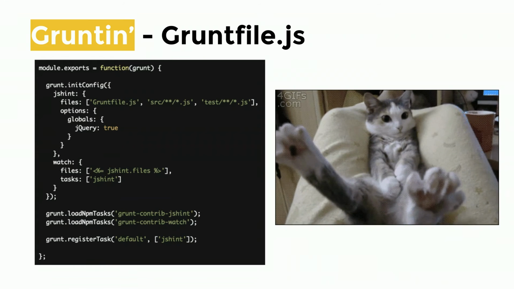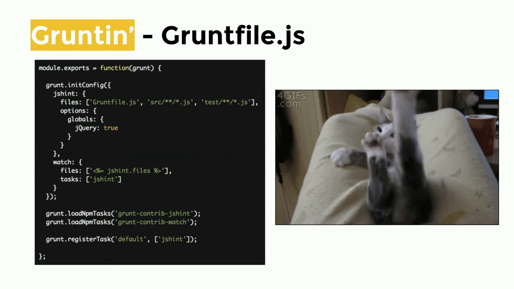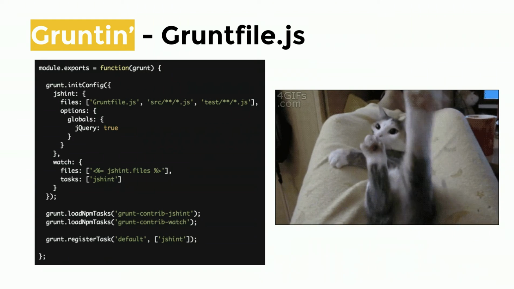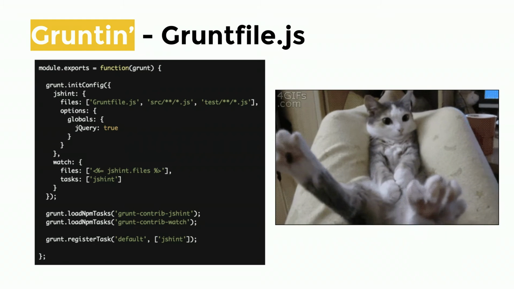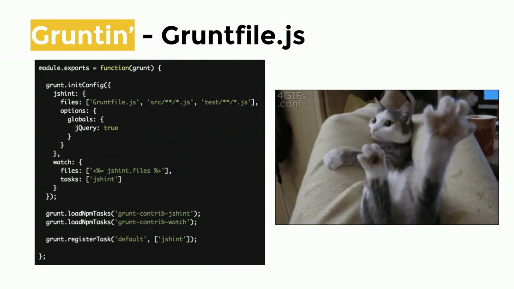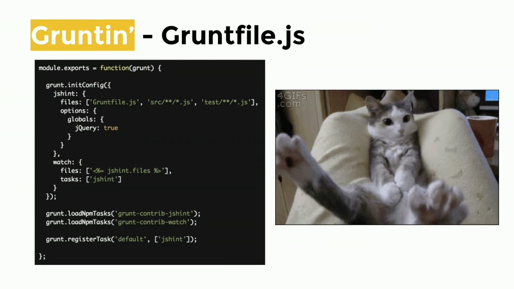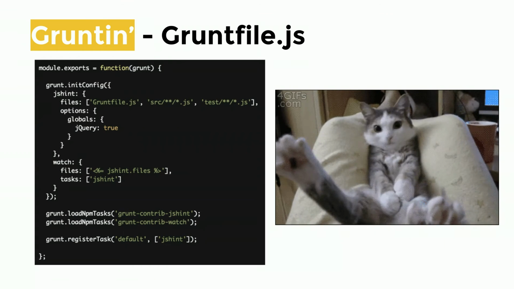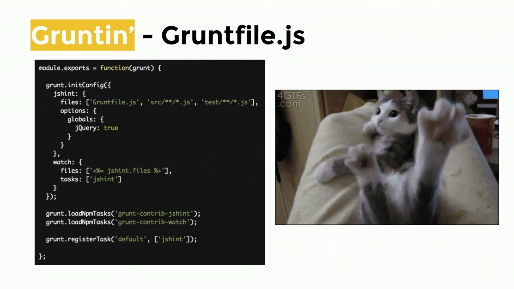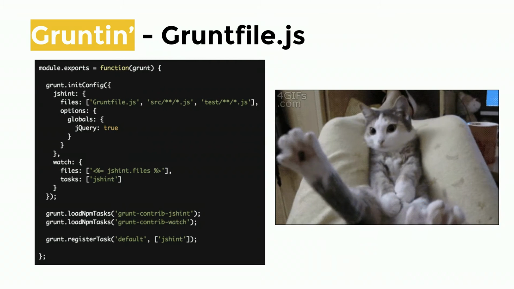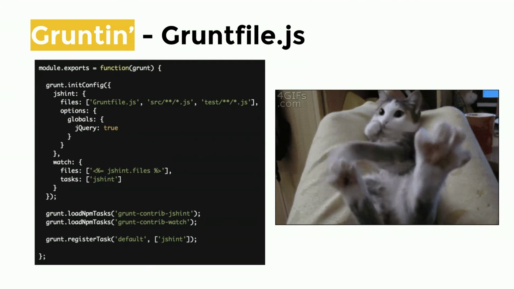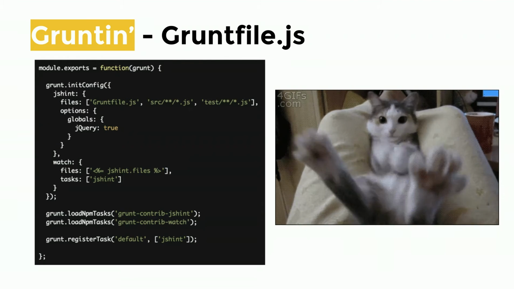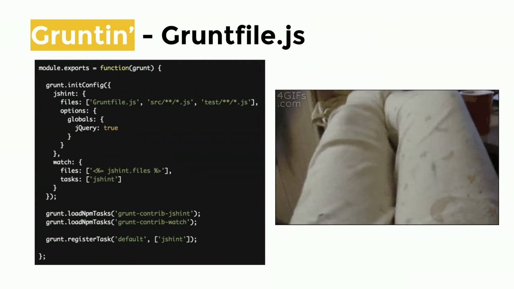So you can see we have a JS hint task. It's watching certain files, and it's including jQuery in them, and it will watch this directory. It'll watch these files, and every time one changes, every time you save, it'll lint it and ping you with any errors and output that stuff to the terminal. So while it is a bit cumbersome, in my opinion, because it's config. You're manually creating a JSON file, which is cool, but it can feel a little overwhelming.